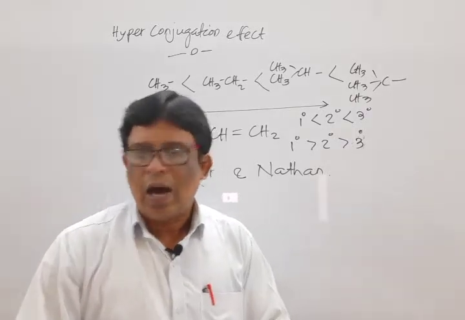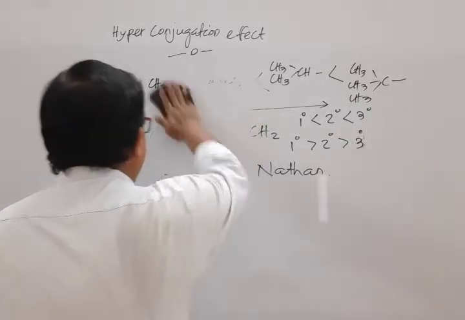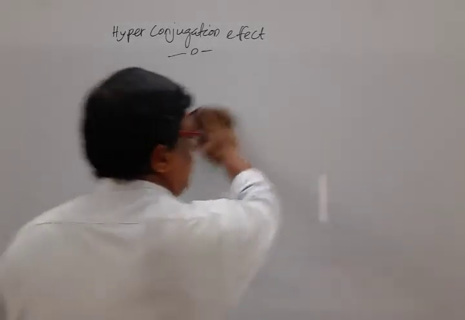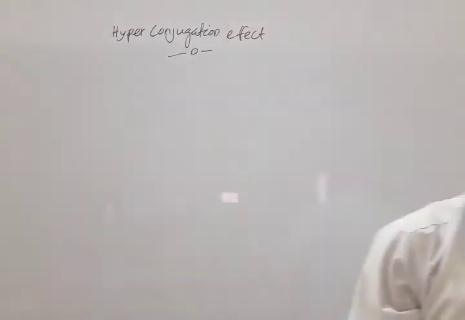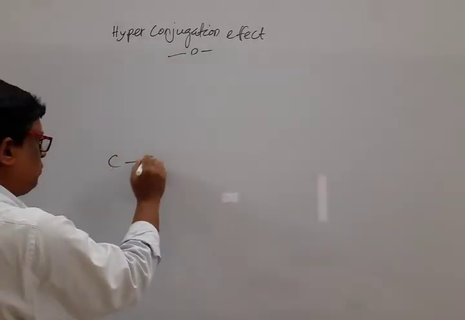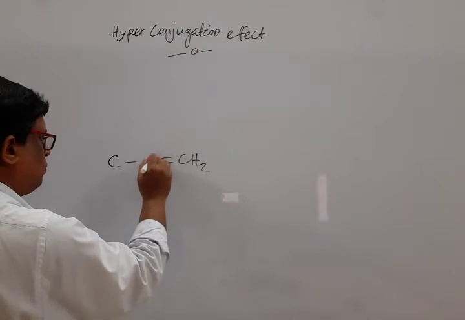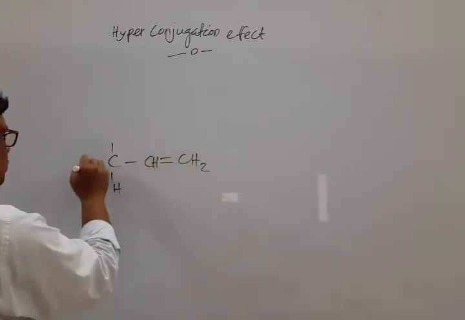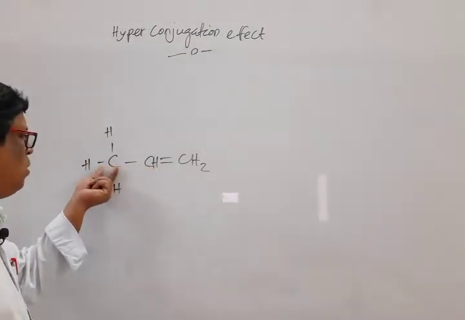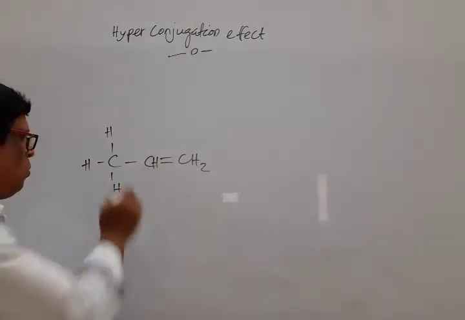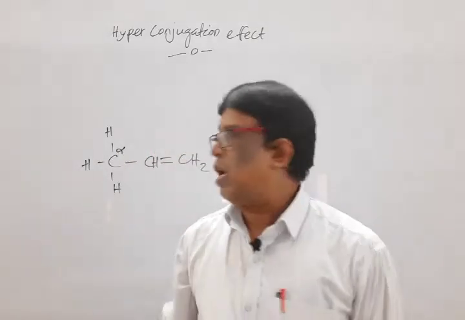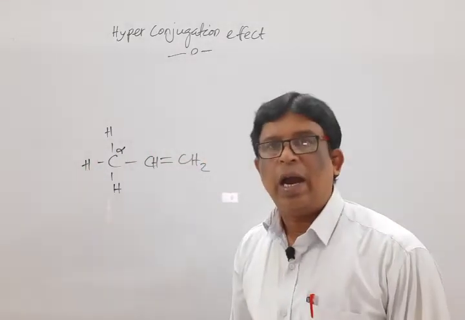Let us verify how this is observed when an alkyl group is attached to a multiple bonded carbon atom. Let us select one suitable example, that is propene. Mark that, one suitable example. It has a carbon-carbon multiple bond. The carbon which is directly attached to the carbon-carbon multiple bond is known as the alpha carbon atom, and the hydrogen atom attached to the alpha carbon is known as the alpha hydrogen atom.